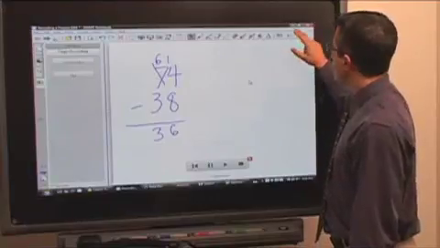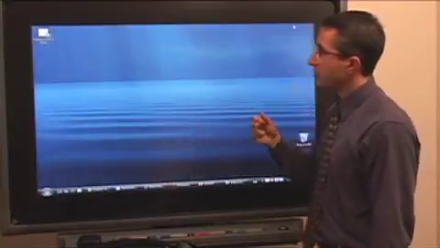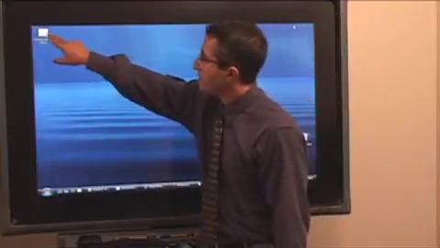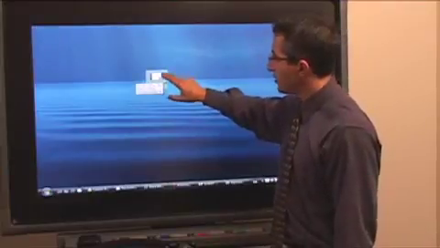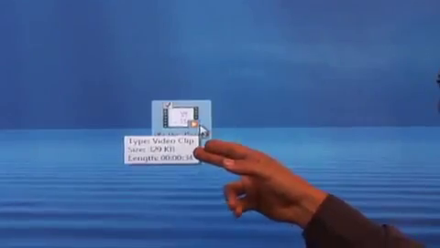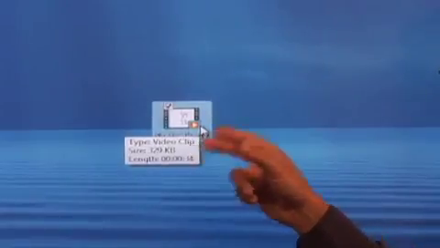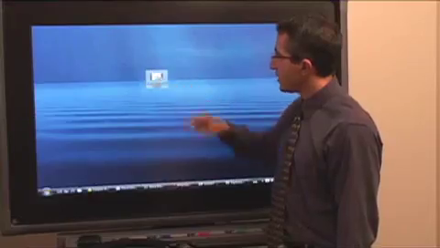And let me minimize Notebook to show you what this looks like. I now have a file up here that when I double click it, it's going to open up Windows Media Player. I can also see that it's 329K. It's a small file. So when I double click it,